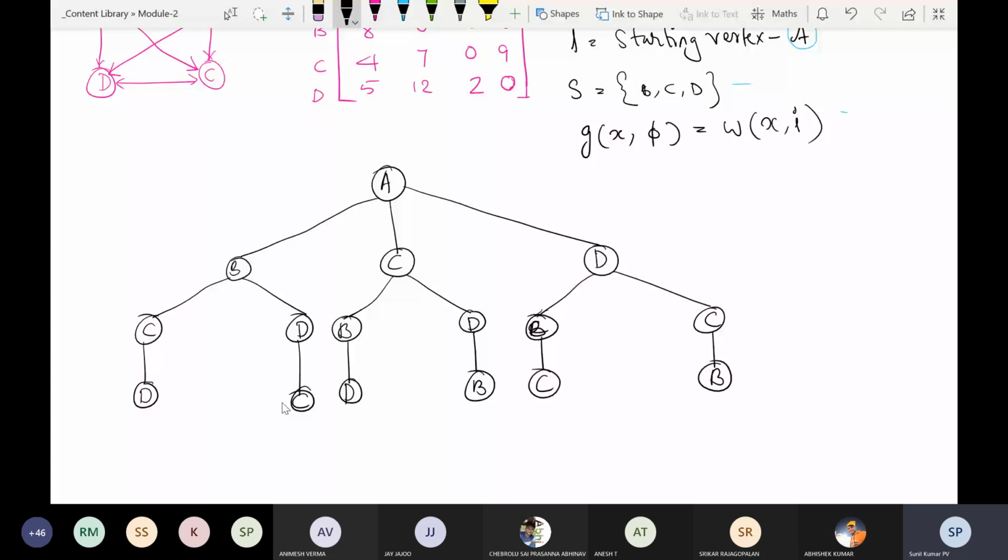So here you can see, now we have visited all the vertices A, B, C, D, and from D where does he have to travel? A. He has to go back to A. From D to A he has to go because he has to reach the starting vertex. So from C also he has to go to A, from D also he has to go to A, from B also. In all the possibilities he is going back to A, as per the problem requirement. So these are the various paths traced by the salesman.